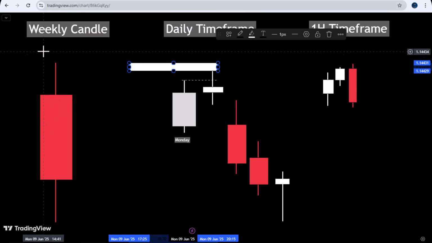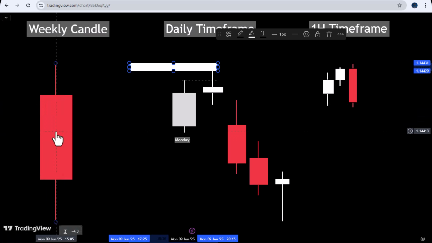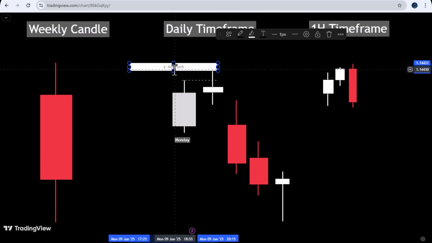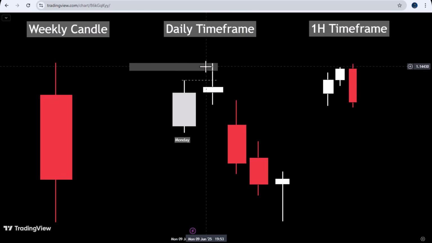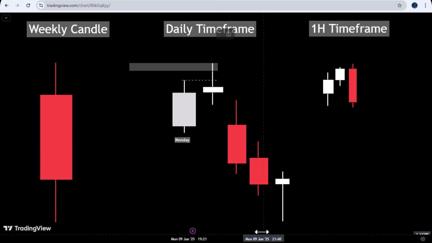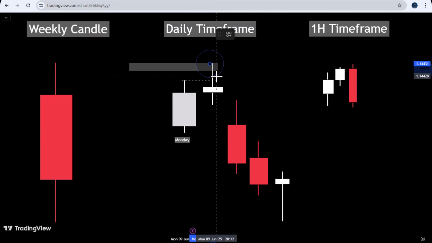Remember, on weekly we are seeing one candle. We are in strong momentum. We have a key level on the daily time frame, and it is trading on it. When the price is in this zone,